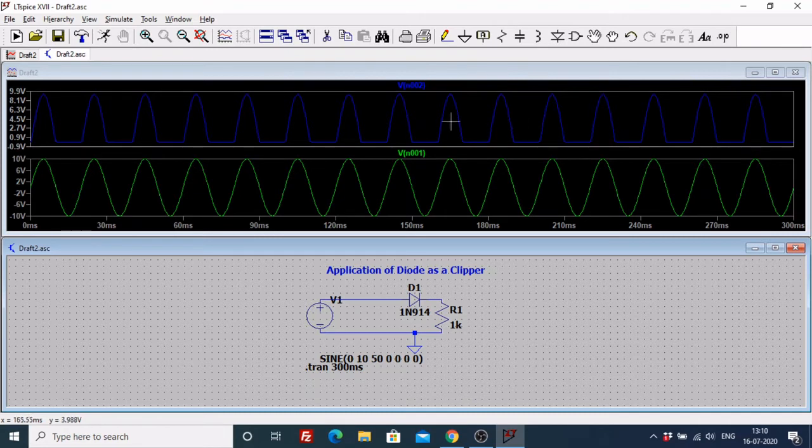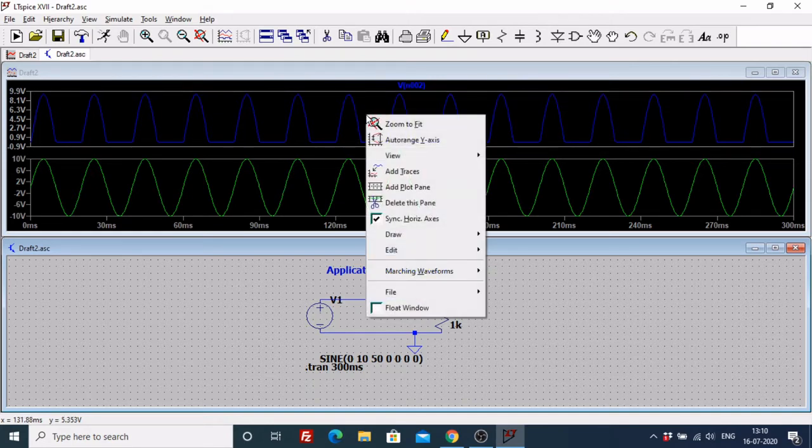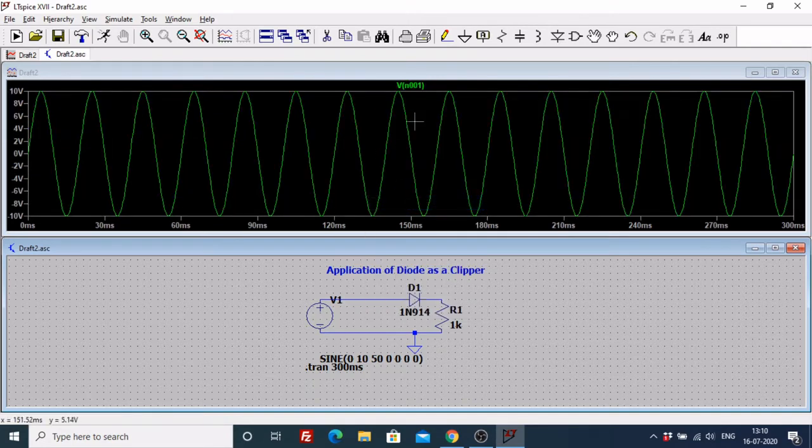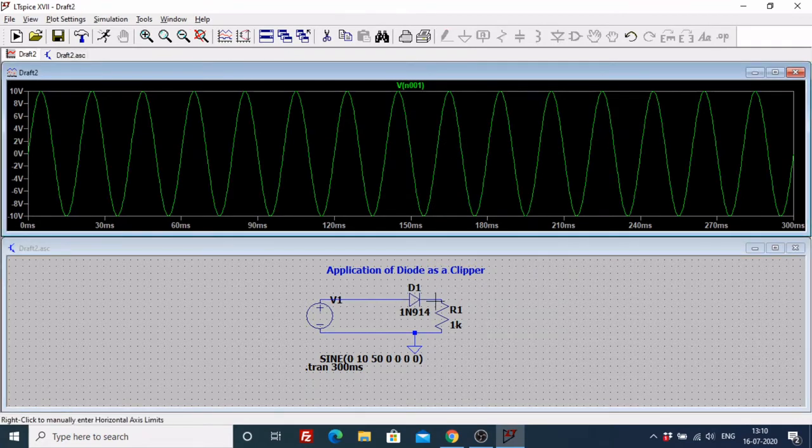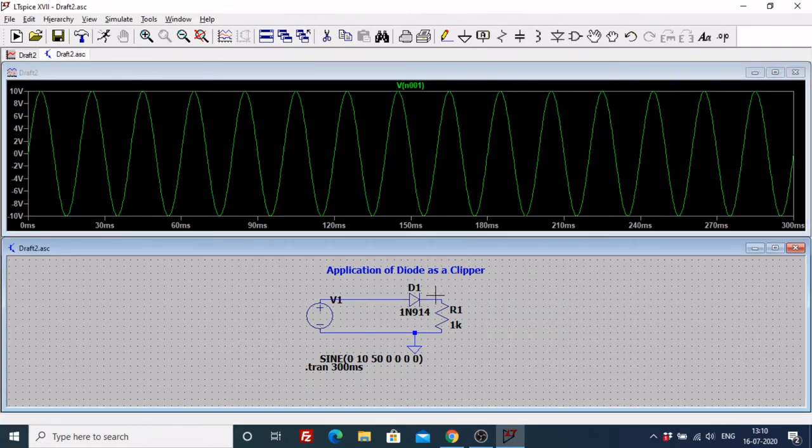Now when I see this output waveform like this, I can figure out that all my negative sides of the waveform have gone away. But it is difficult to figure out exactly what is the amplitude and how this has worked. So what we can do is we come to this pane, delete this pane, come to my original pane and see the output over there. So now when I see the output, you can see this blue waveform that has been formed. So it is a negative clipper. All these negative sides of my waveforms have gone away.